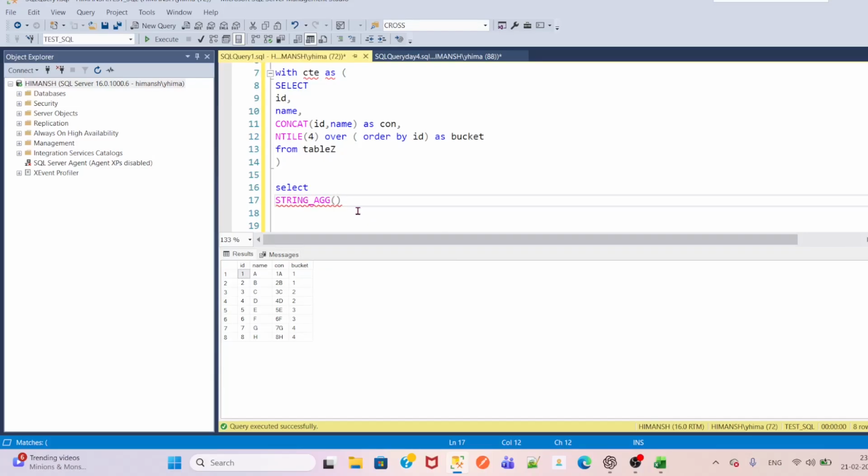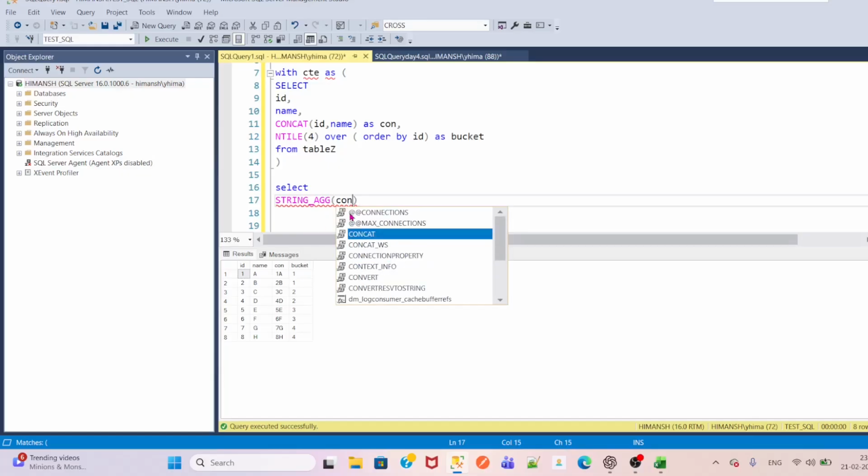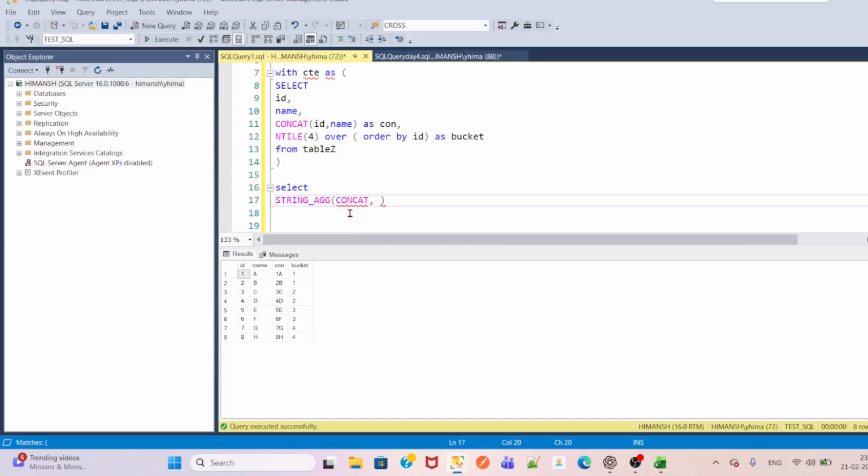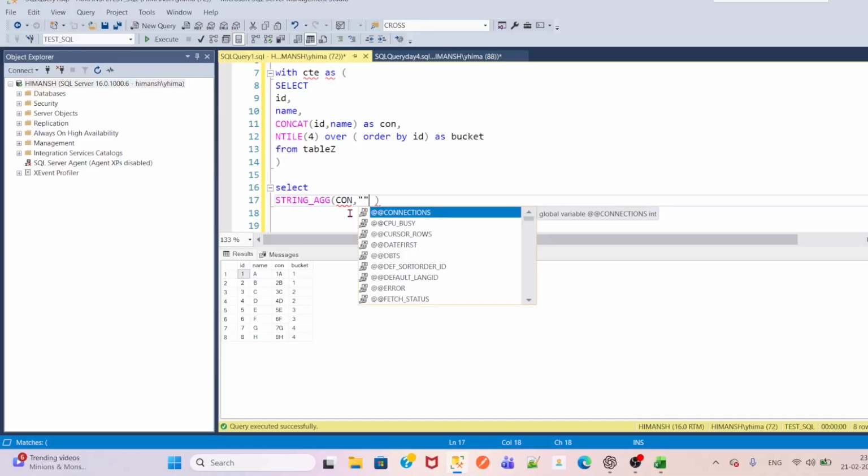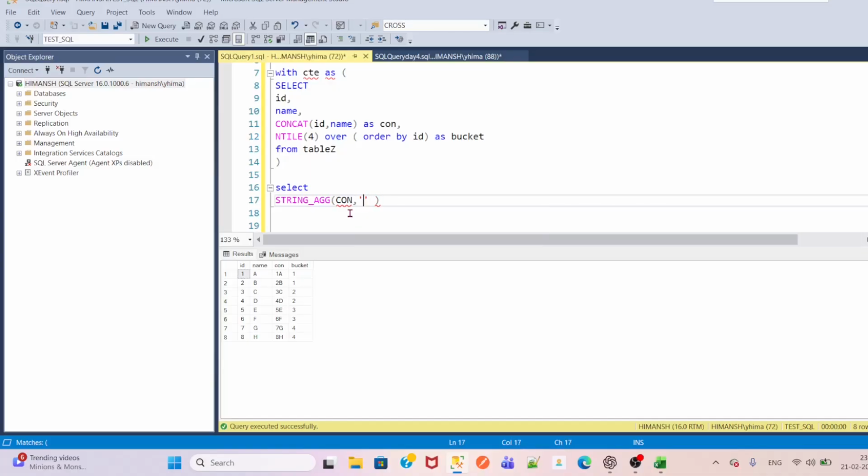We know what string aggregator is going to take: one common column, and the separator by which you want to separate. This is our result, let's say, from the CTE only, group by